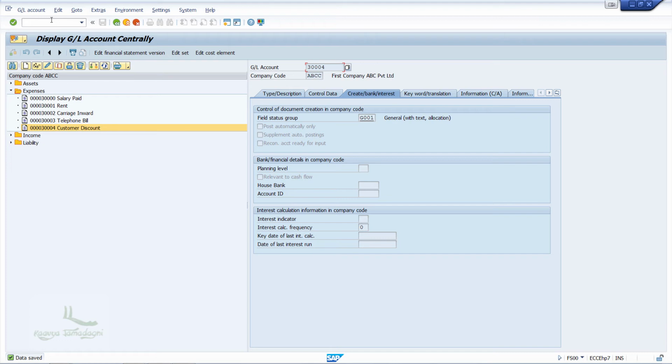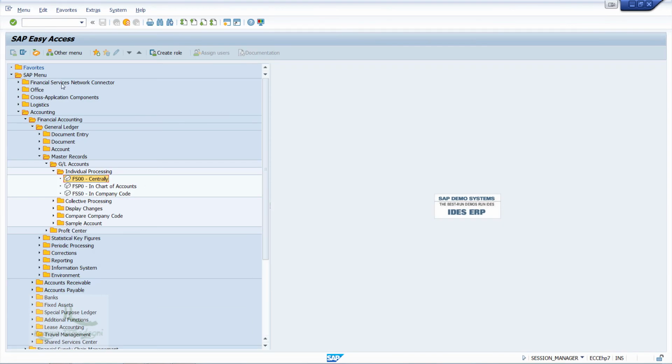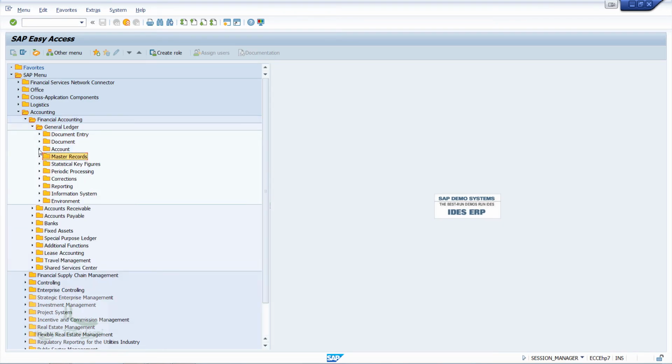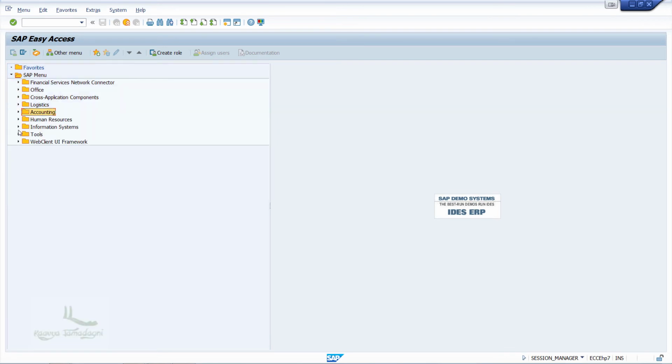All this happens only if the customer is eligible for discount. And now enter /n in the command field and press enter, so that this will take me to the SAP Easy Access screen.